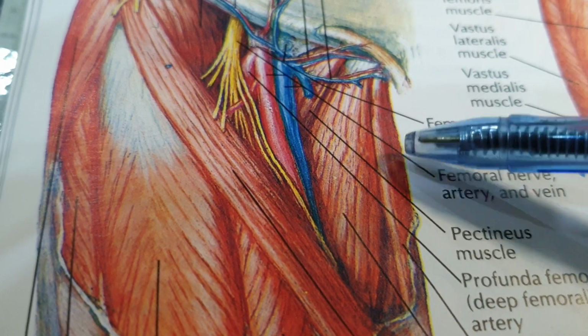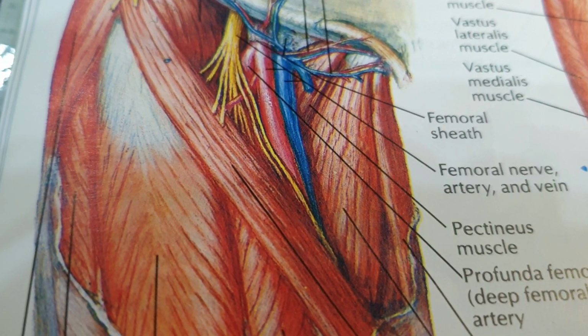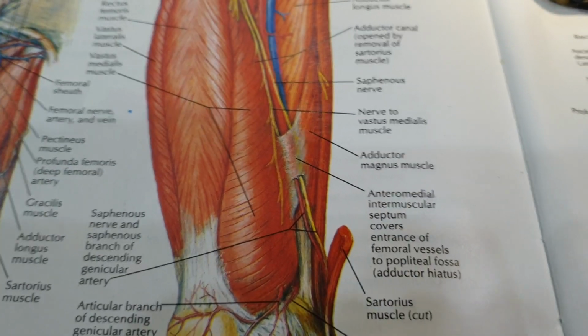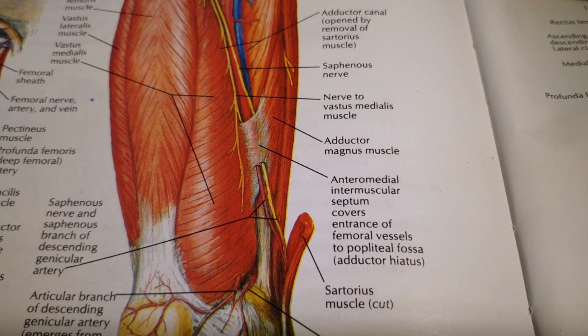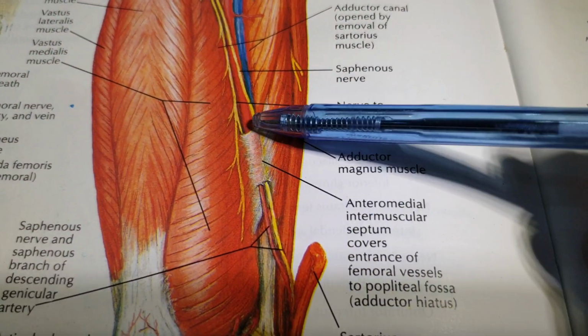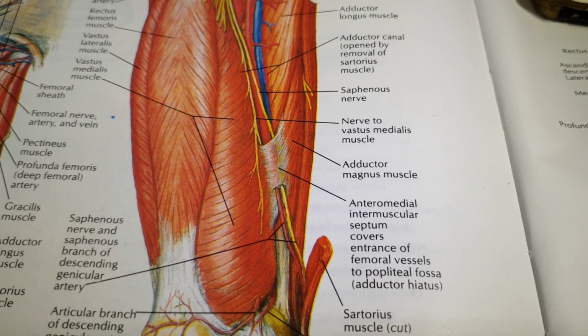Now as it leaves the femoral triangle, it enters the adductor canal. The rest of the relations will be in the adductor canal, and now we will discuss those. Now in this diagram, the femoral artery has entered the adductor canal. This is the artery. So the relations in the adductor canal will be, anteriorly,